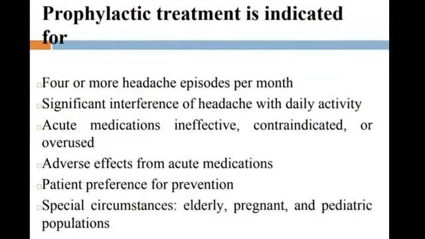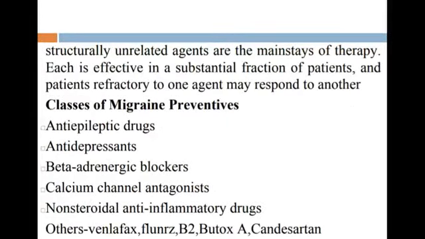The indications for prophylactic treatment are 4 or more headache episodes per month, acute medications ineffective, contraindicated or overused, and lastly, adverse effects from acute medications. We have classes of migraine preventives, which are structurally unrelated agents. These include anti-epileptic drugs, antidepressants, beta-adrenergic blockers, calcium channel antagonists, non-steroidal anti-inflammatory drugs, and we have others like